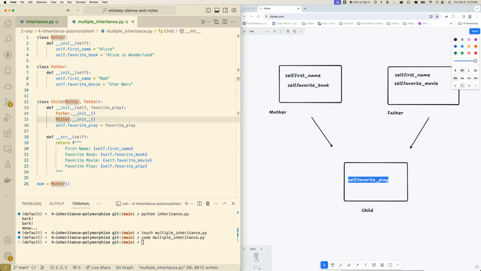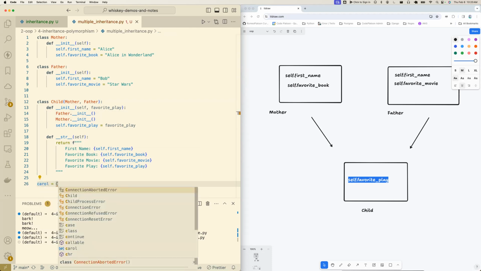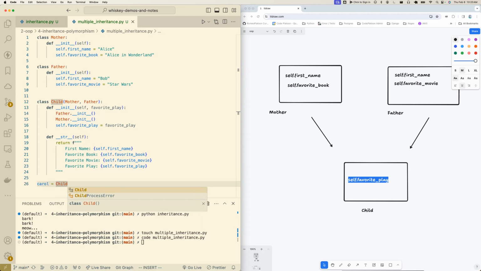So we can't call super here because we don't know which parent class we would be calling this dunder init method of. So we need to explicitly tell Python, call the dunder init method of the father class, call the dunder init method of the mother class. And then over here, and the favorite play is going to be